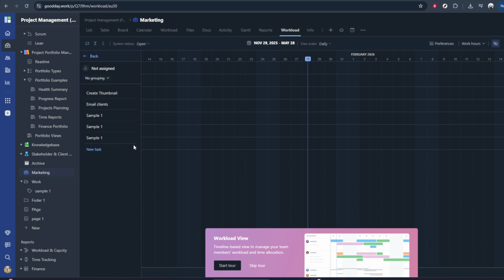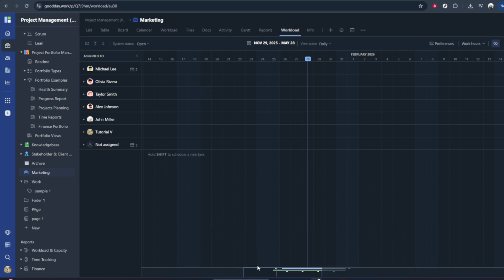With the workload view now open, you're ready to create a customized version that you can come back to later. Look for the button or link that says Add View, typically located near the top of the screen, often around the middle or right side. Click on Add View. By doing this, you're essentially saving this workload configuration as its own dedicated view. From here, you can fine-tune filters, time ranges, or groupings to match how your team works, and then keep using this view to monitor and adjust